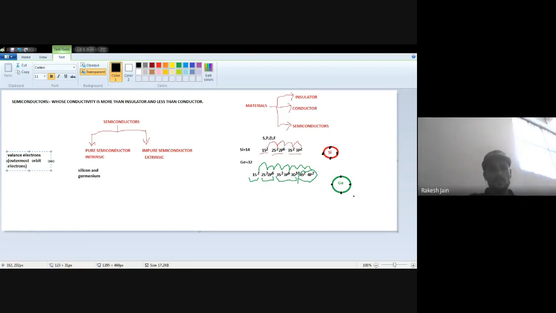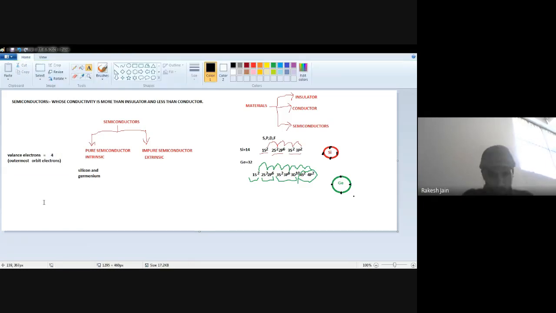Outermost orbit electrons, they are known as valence electrons. So those which have the number of valence electrons equal to 4, those elements are basically used for pure semiconductors like silicon and germanium. There are too many elements also available whose valency is 4, whose number of valence electrons